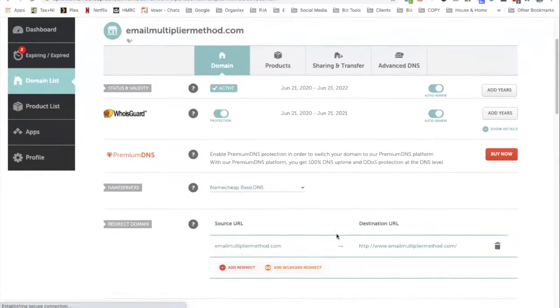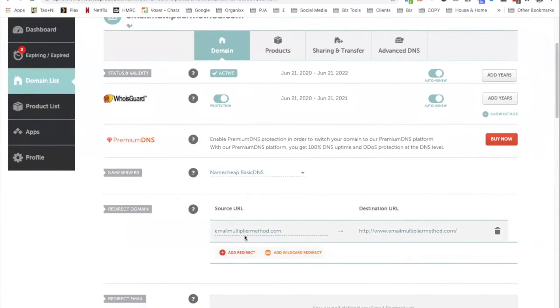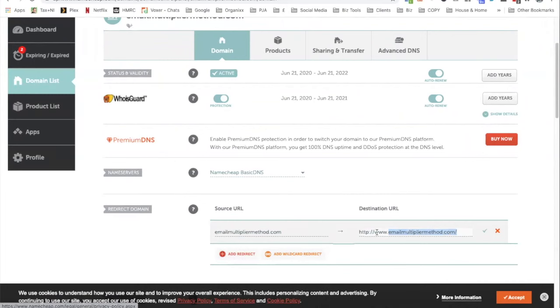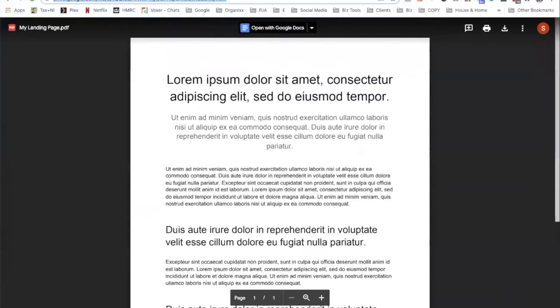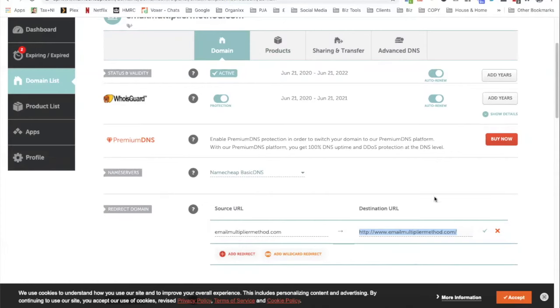And then you just scroll down to here, which is redirect domain. And then you just add in this little box here where the destination URL is, the link that you want to use. So you can either use your landing page, because you can change this at any point. So let's use the link from the PDF. Go there, go to my domain name, add that in,